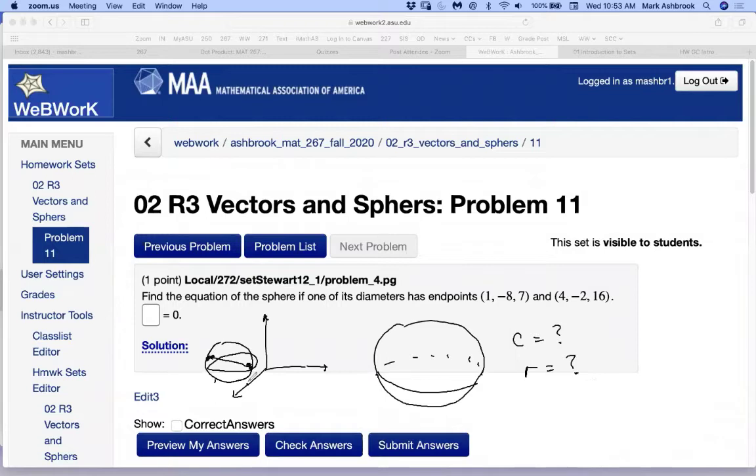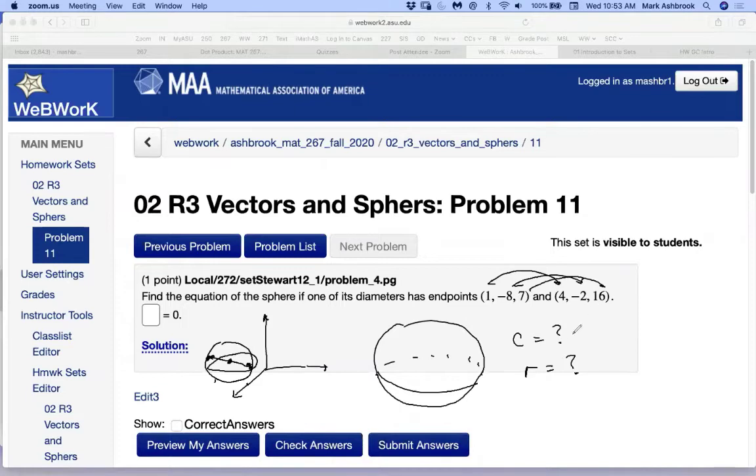So how do we get the center if that's a diameter? Well, the center is exactly halfway between those 2 points. So each of the coordinates is going to be halfway between each of the 3 coordinates. So that's a hint for that one. You want halfway in X, halfway between these 2 values in Y, and halfway in Z to get the